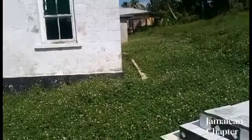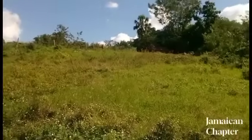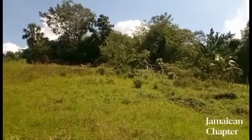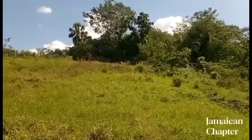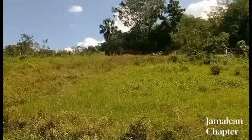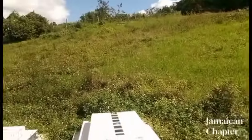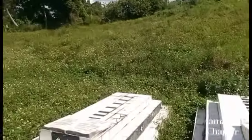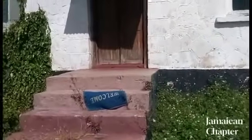It's a small church with a small burial ground, despite the fact that there are some graves way up in the bush up there. I don't know if there are more that I did not see, but they are buried kind of scantily. And who knows, in all this grass, if graves are there? So this is part of my series